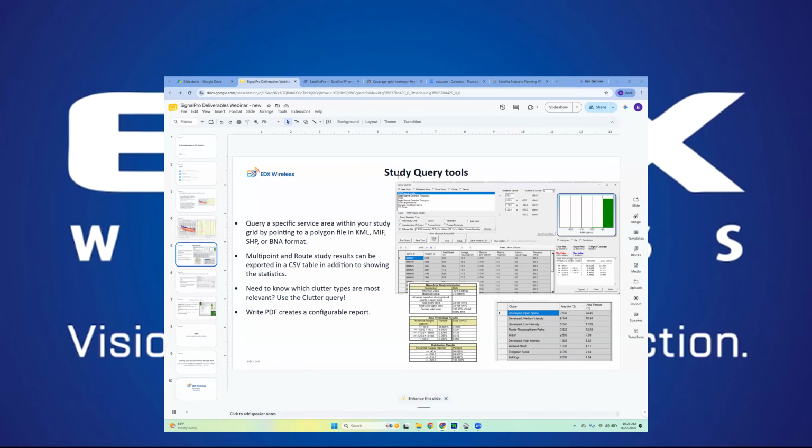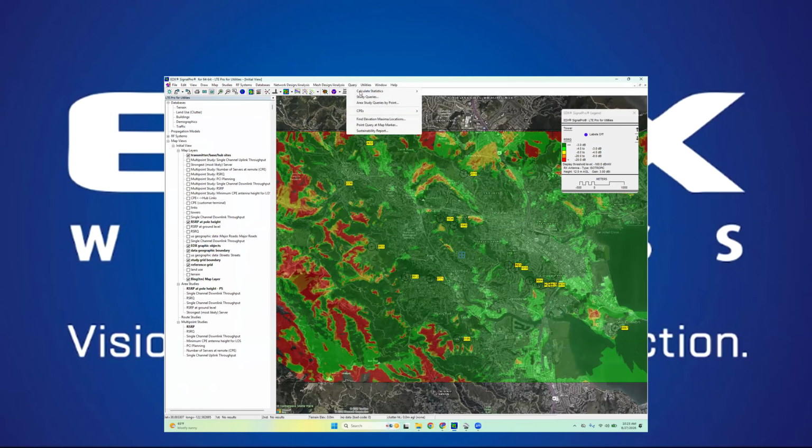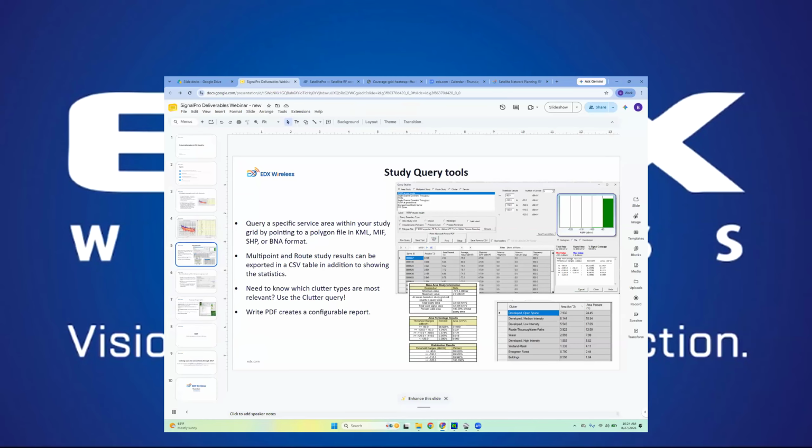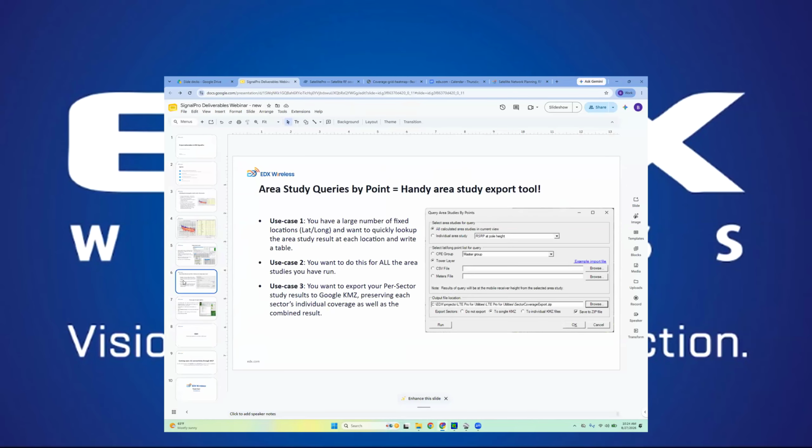Again, just to remind you where to get to that, that's under the query menu and study queries. And we'll talk about this area study queries by point in just a moment. That's another really useful tool here. So that area study queries by point, this feature actually started out as a customer feature request where the